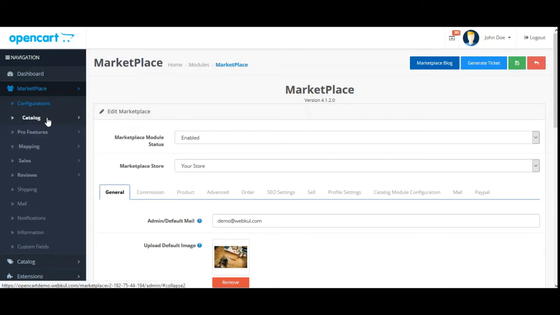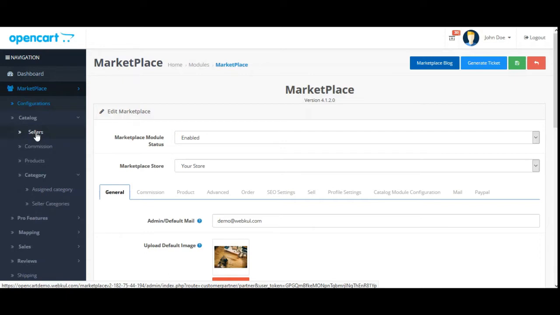The very first option that we can see here is the catalog, and under that we have 4 different options to configure. One is the sellers, commission, products, and then we have category, under which we have the assigned category and the select categories. So we'll go through each of them one by one. So let's go to the sellers section and let's see what different options we have there that can be